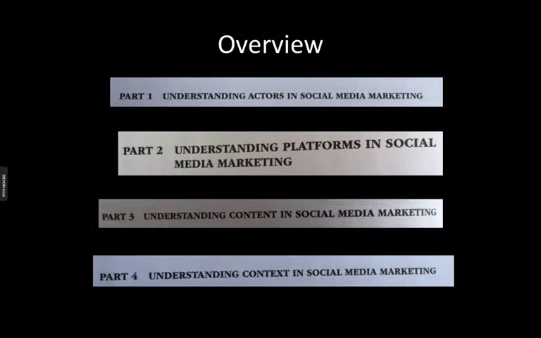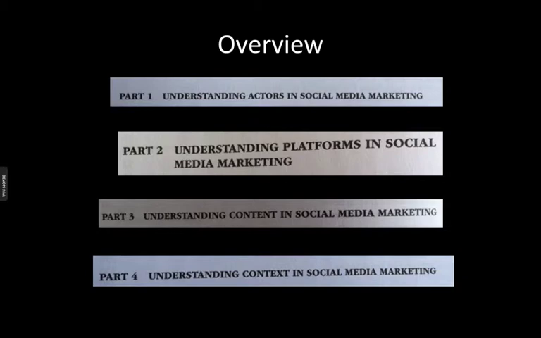Part 1 is focused on social media users, and the author looks at users through 3 different angles. Users as individuals, users as parts of groups, and the third one is users as they relate with brands. The second part of the book focuses on social media platforms. Here the author goes beyond traditional social media platforms like social networks or blogging, and he includes other platforms like games or mobile.